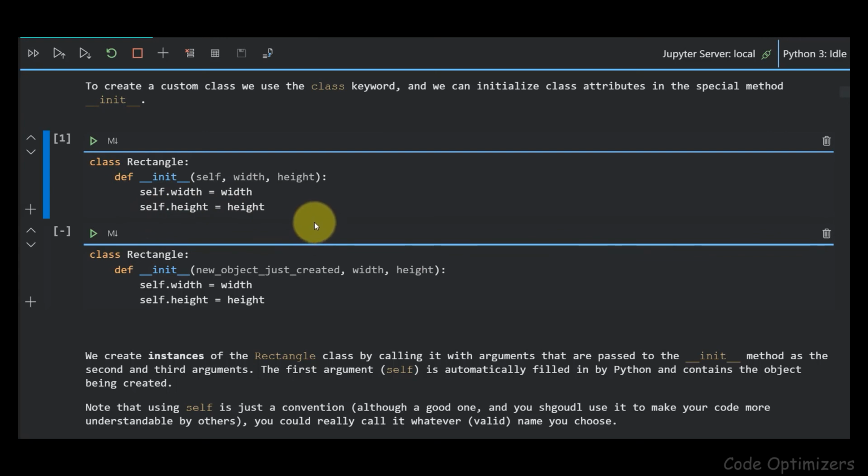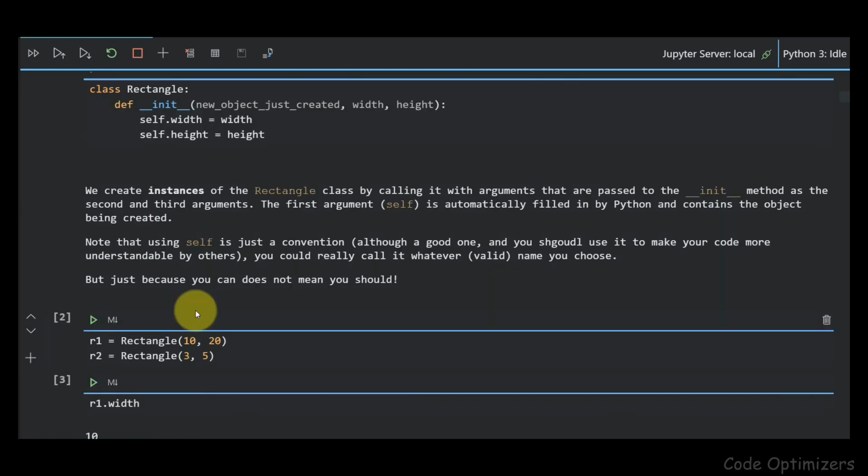So here the object that was just created, called self, is passed as the first argument, and the width of the object is equal to the value of the width passed while creating the object, and it is the same for height. Now let's create instances of the class rectangle: R1 with width 10 and height 20 and R2 with width 3 and height 5.